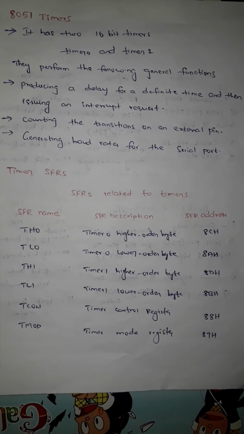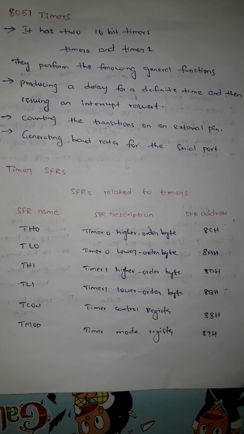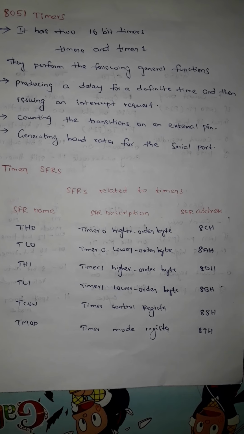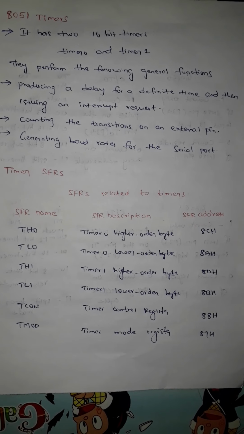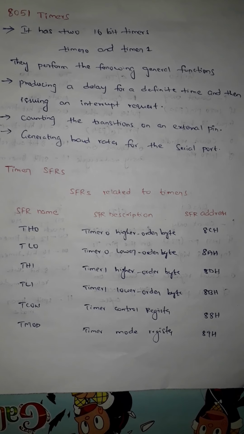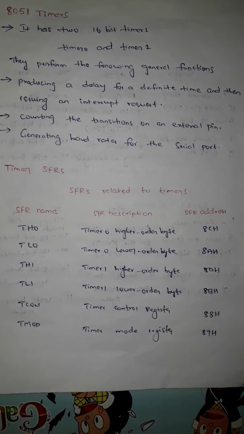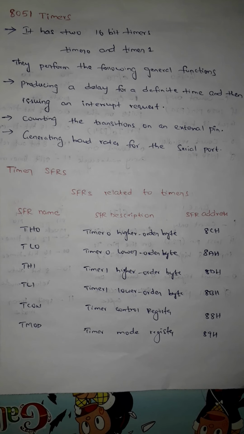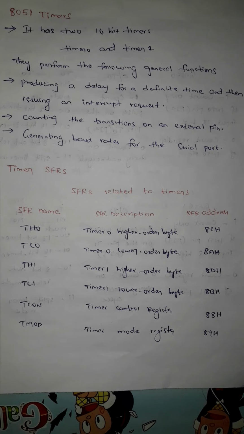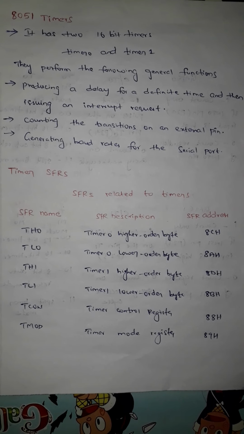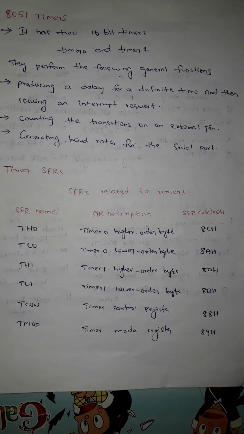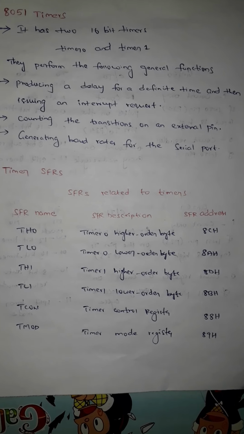The timers count the clock pulses in an up count manner. Counters or timers can count values either in a down count or up count. The timers here count the values in an up count way, that is 0, 1, 2, 3 and so on up to the maximum value. Once the maximum value is reached, it sets the overflow flag, which is then used to generate an interrupt.